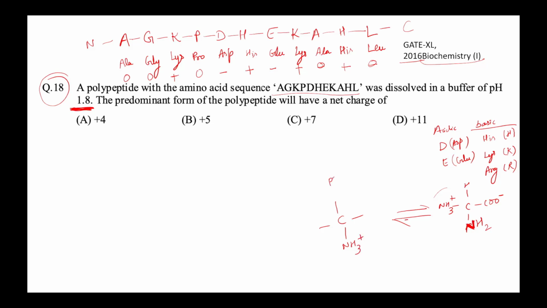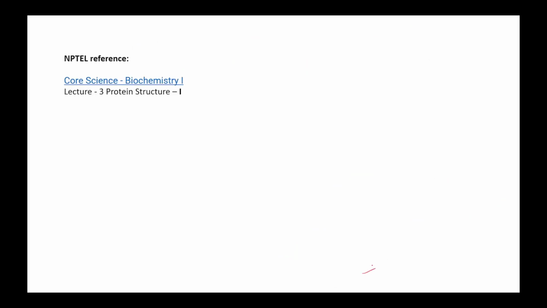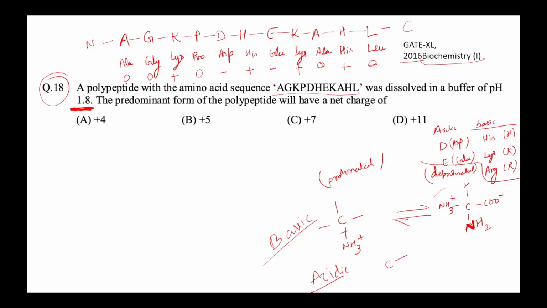Okay, so this is the protonated form, this is the deprotonated form. This is for a basic amino acid. If I write about an acidic amino acid, the in-between part I have not written will also be there. I'm just writing a basic structure, so in the protonated form this will also have this,